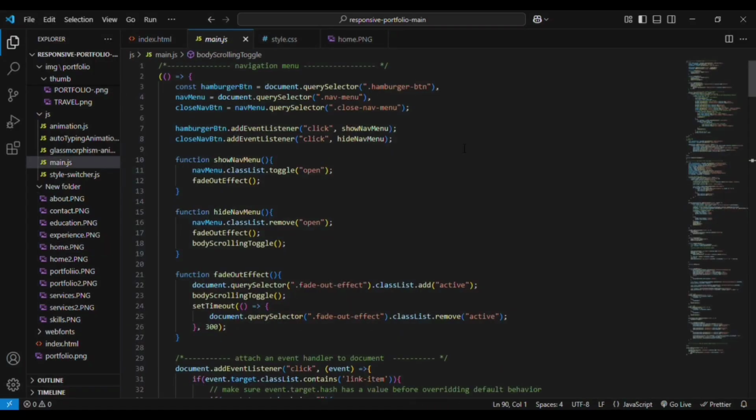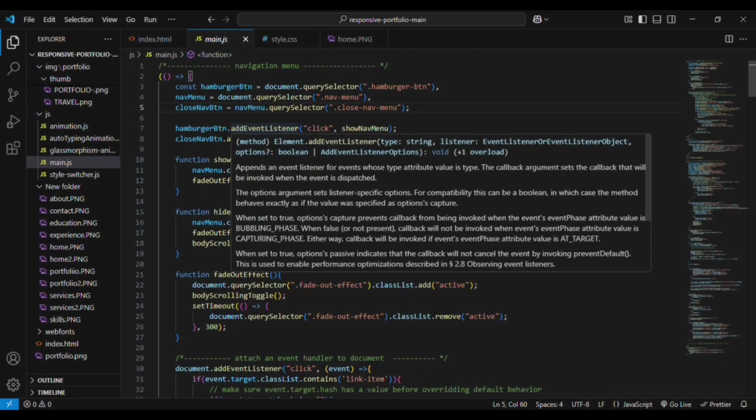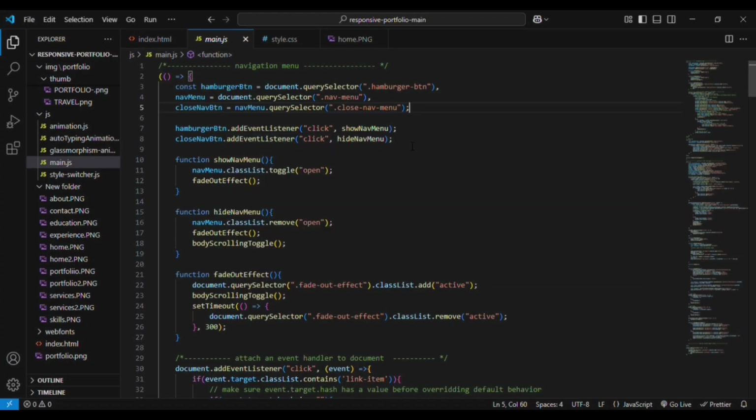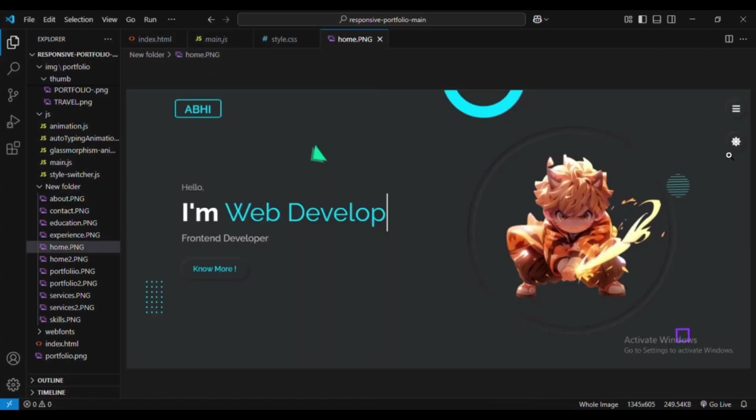And here you can see we have created constants, these values are referenced from the index.html file. We are creating three constants, and we are adding an event listener to the hamburger button and the close nav button. So what it will do is that the show menu or hide menu function will be activated. If we are right now in the starting phase, and I have clicked on this icon,